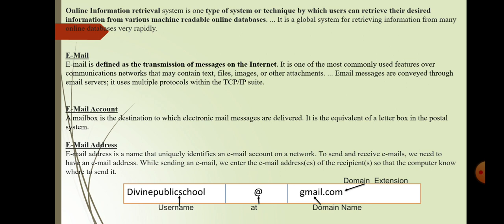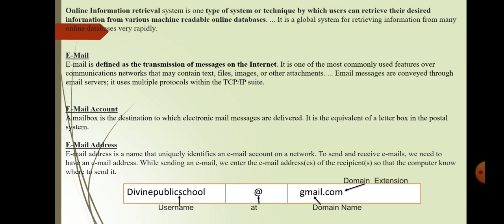Usually an email address consists of two parts, username and domain name, and these two are separated by the @ sign, the @ symbol. And this @ symbol is what makes a particular format a valid email format.